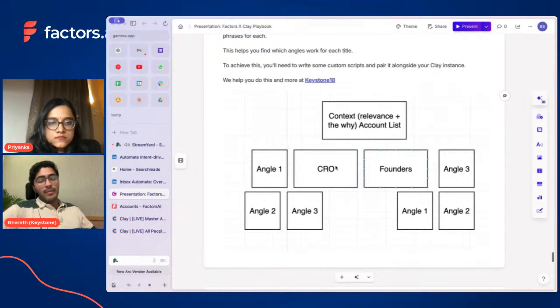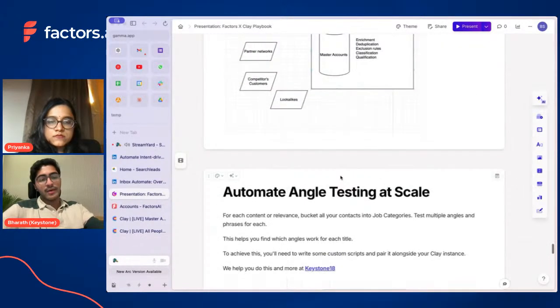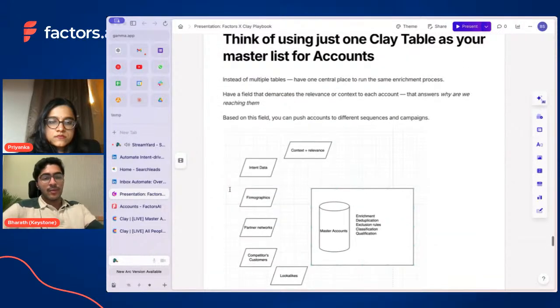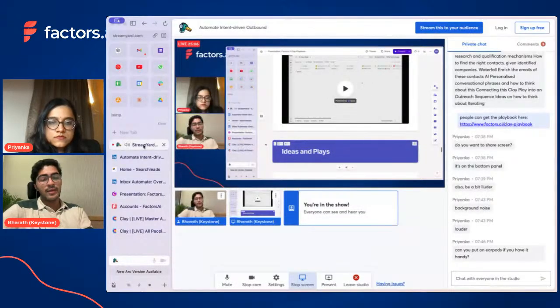How can we programmatically load them with different angles and then look at the results and understand that angle 2 works really well with founders, angle 1 works really well with CROs, and so on? I keep thinking about those kinds of things, and when something comes up based on campaigns we're running, we keep trying to iterate along those lines.